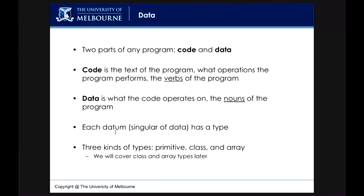So code is made up of two parts. You've got the code and the data. In this example, it's saying that code is a little bit like verbs, or the doing things on the data, and data is a little bit like the nouns, the actual things. So each data has a single sort of type. Java is very specific with its data types. Now, Python isn't, so if you've come from the Python stream to this class, Python is really simplistic in the sense that it allows you to say a variable is anything. A variable is a,